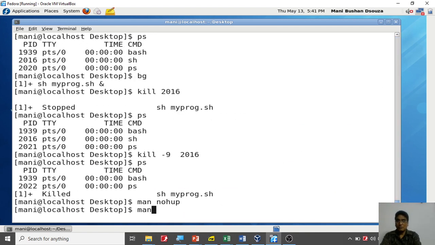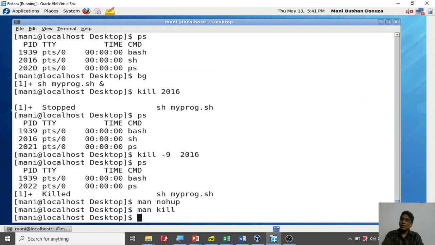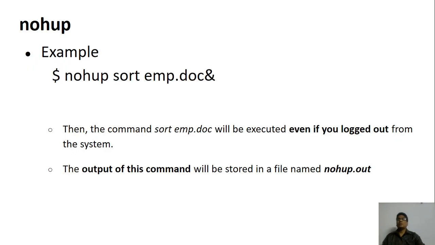Also, if you want to know about kill, type man kill. English people may not like this, but still, man means manual, kill means the command. So you get the help regarding that, how to use that particular command. Whenever you are in trouble, just go to the terminal, type man followed by the command name, and you get the help. That's a good thing about the Linux or Unix OS. When you are stuck, you just type man, and the manual files are always available to you.